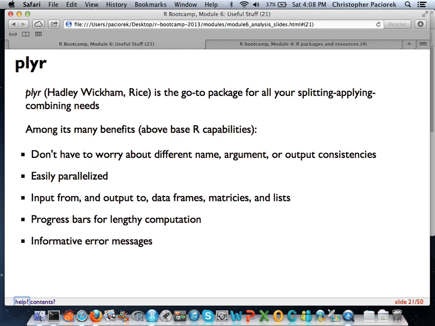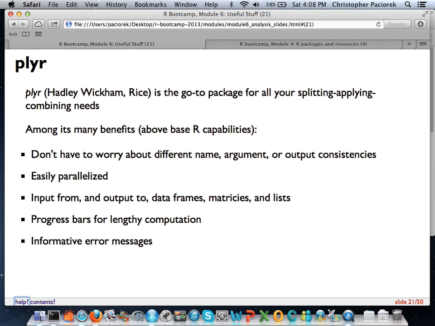Sometimes you'll have to specify a margin, other times you won't. Some different applies will take different functions that are unique to them. But what ddply does, I should say this is what plyr does, is it takes one standard way of inputting data and applies a whole lot of maneuverability over different object types.